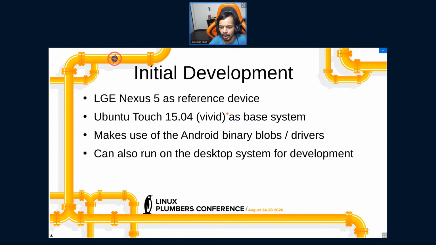But one of the nice things was that we were also able to run the whole thing on your desktop or laptop system, so you can essentially just